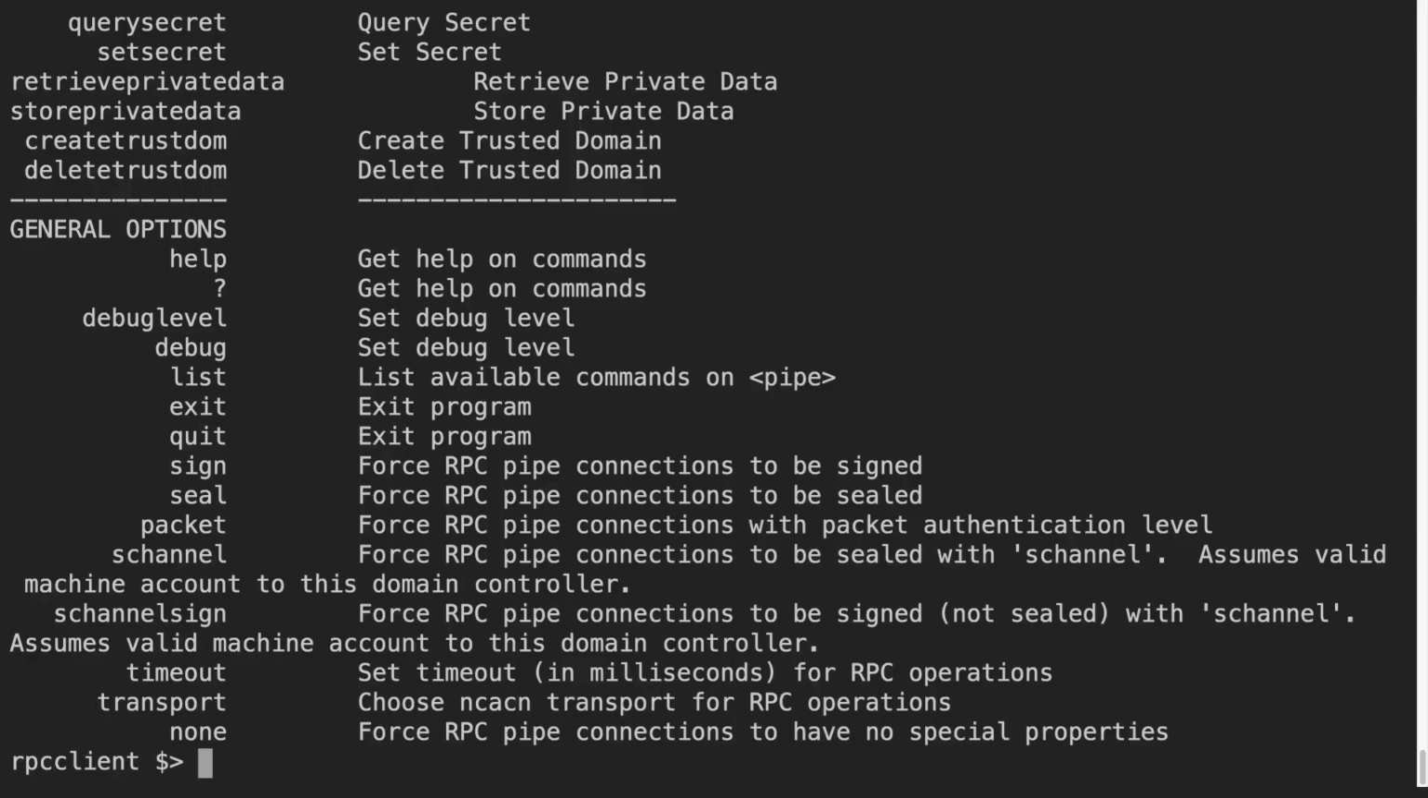So now we're connected with RPC client. What we can do here is not part of enumeration. So with that,